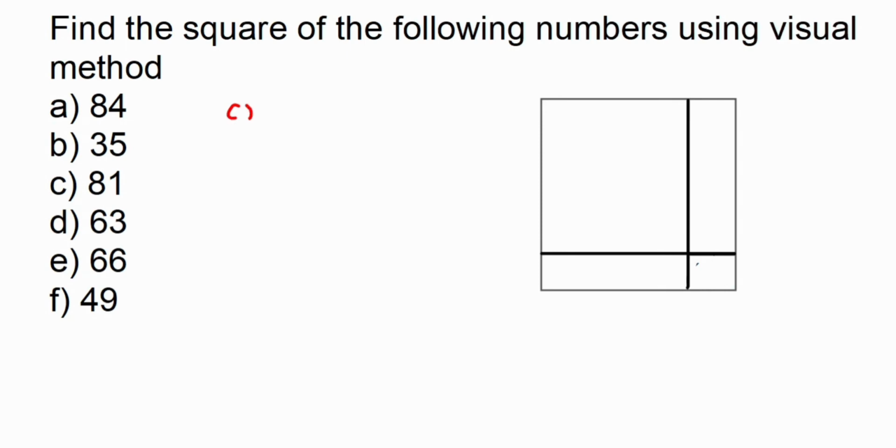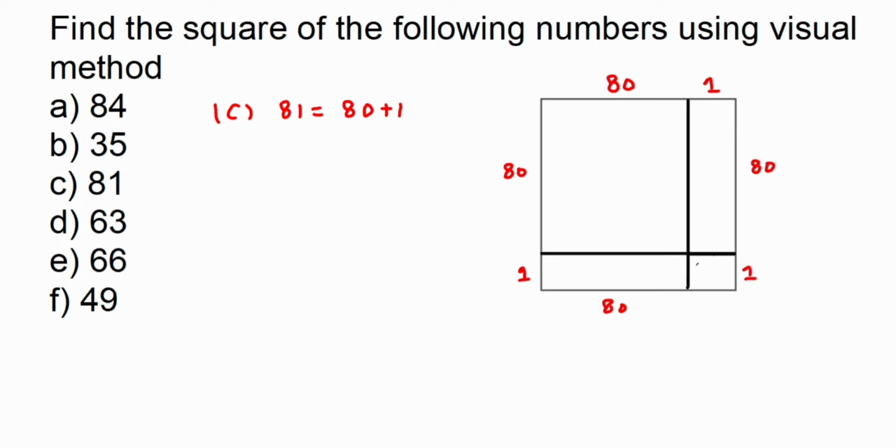81 is simple to write, it is just 80 plus 1. So we'll take the longer one as 80, and the rest of the part let it be 1 unit. So in that case, this will become 80, this will be 80. I hope you understood why the sides are 80, and the other part will be 1. Now the same way, we have to just find the area of each of them, add them and get the answer. So here we have the first part, and if you see, the length and breadth are both the same, it's actually a square shape.